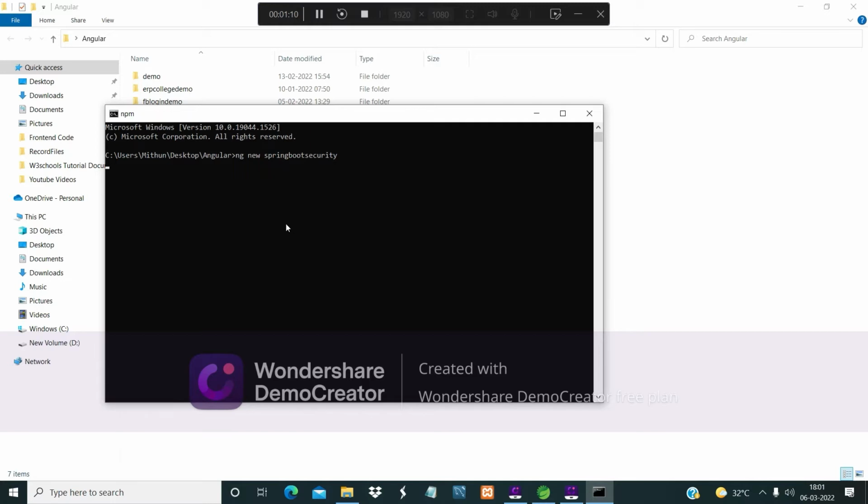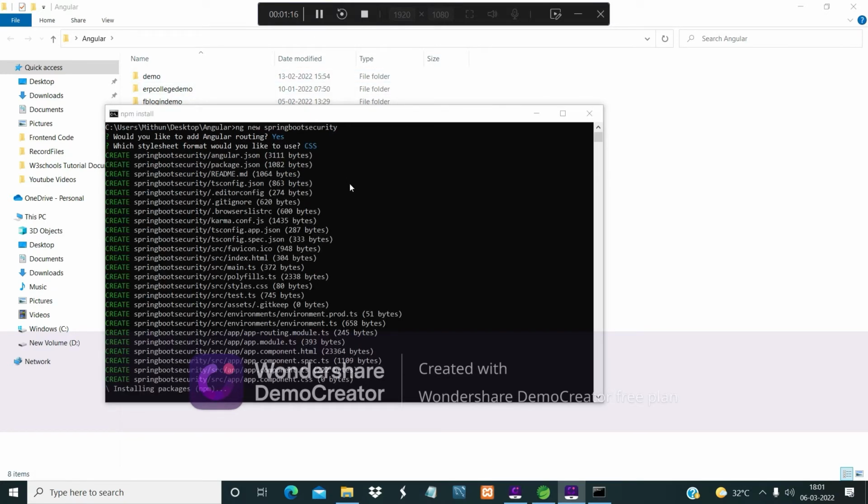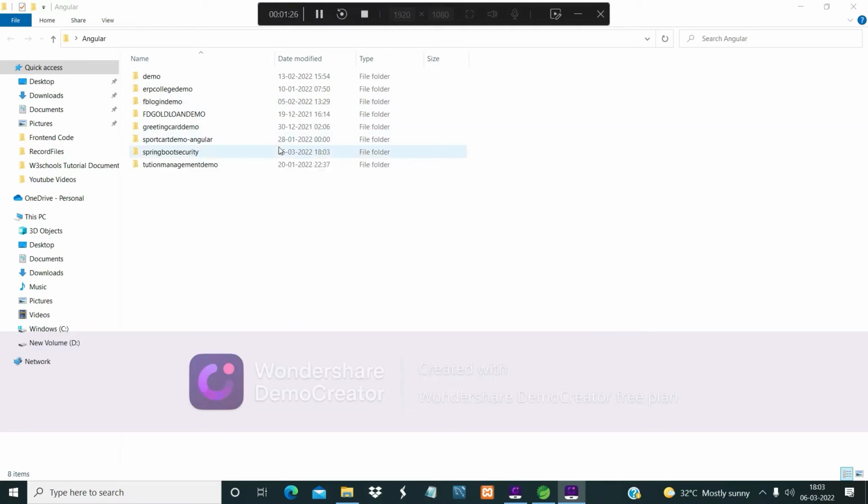So the project is being created. We have to wait for a little time. Here it asked if you would like to add routing, and I added yes, and for style sheet I chose CSS. So the project is created.